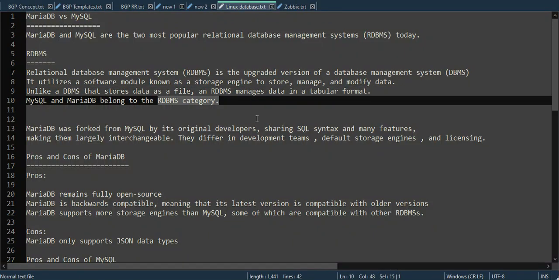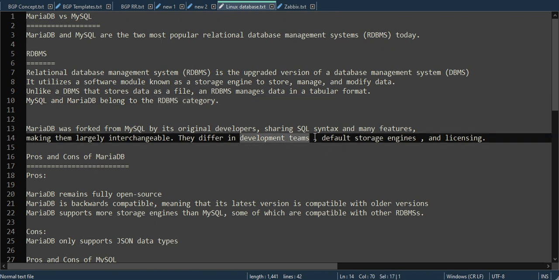The differences between MariaDB and MySQL are in development teams, different storage engines, and licensing. These are the differences between MariaDB and MySQL. MariaDB was forked from MySQL by its original developers, sharing SQL syntax and many features. Okay,